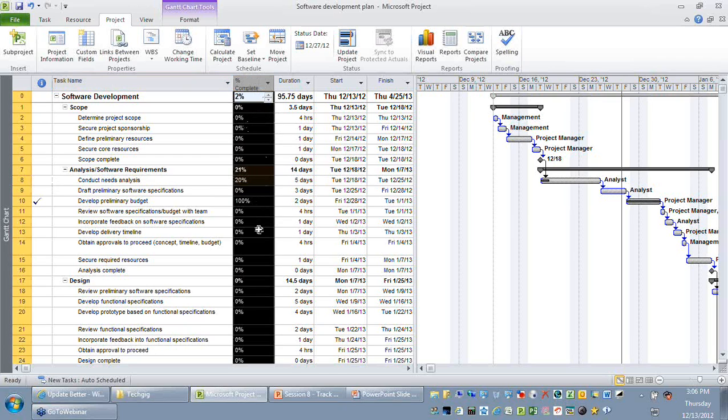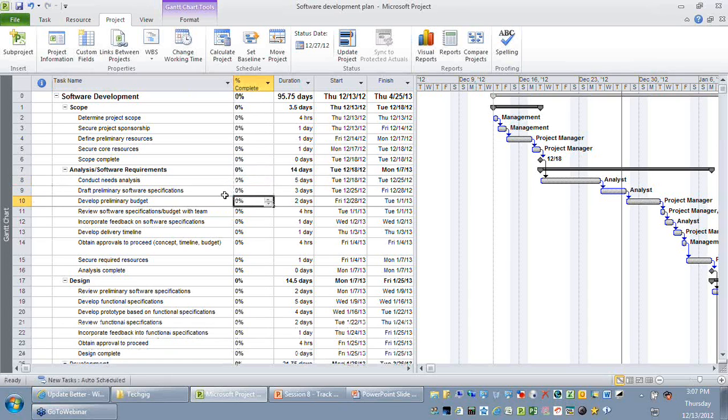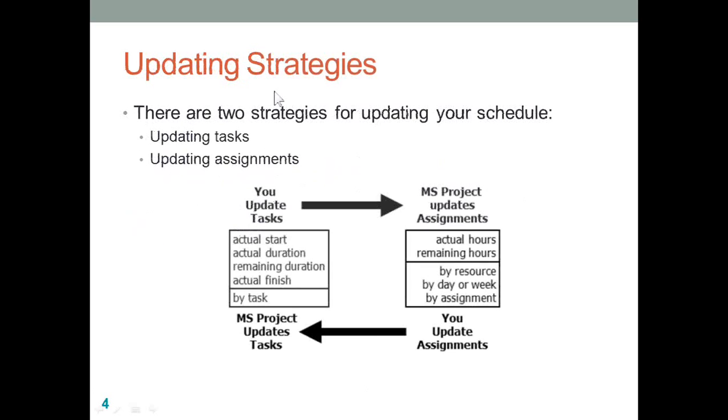Secondly, when you are trying to record your percentage complete, you can see none of these activities have moved. The reason is it assumes that the activities are planned to be completed in the original estimates. So it might happen that the remaining duration of these activities might be more than the estimates. So I'm going to undo these changes that I have done first. Let's go back to these slides and talk about the strategies first. Remember, there are two